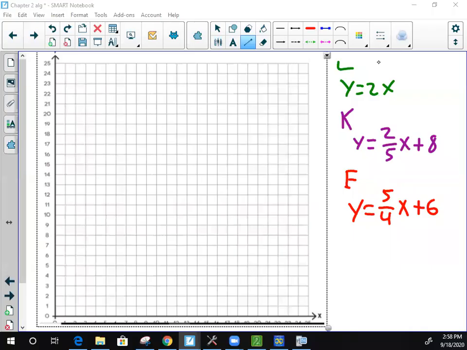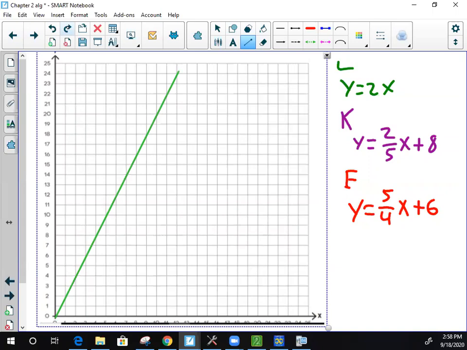Alright, so we have our graph set up and I wrote down 3 equations here. And we're going to want to start by graphing Leslie's. Remember, Leslie is starting at the starting point, so she's starting at 0, 0, and she's increasing by 2. Her slope is 2. So if I graph, it should look something like that, where I am increasing by 2